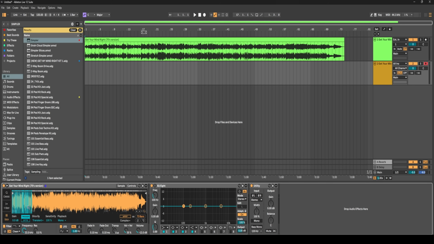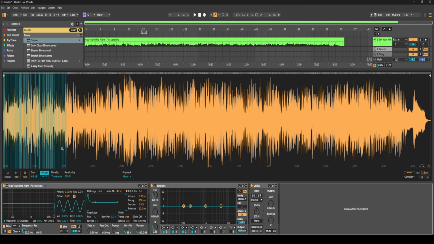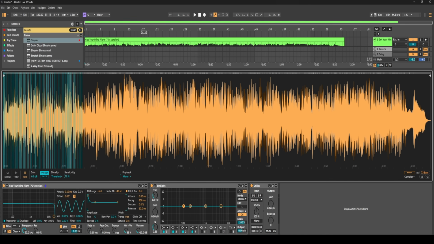Now, let's expand this window here by pressing this arrow. Now you'll notice here that there's a bunch of little lines. Let's turn down sensitivity to 0 real quick and do that ourselves. So first, what you'll see here is the entire song. These arrows highlight what part of the song will be played. Right now, the whole song is highlighted, so the whole song will be played if I trigger it from the Simpler. So if I press my middle C on my keyboard like this,